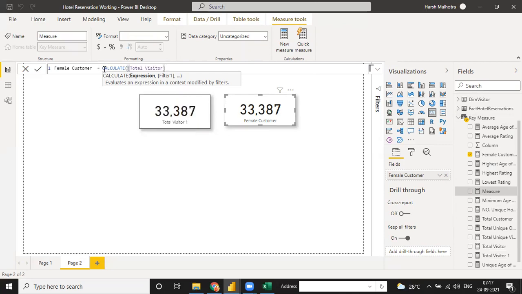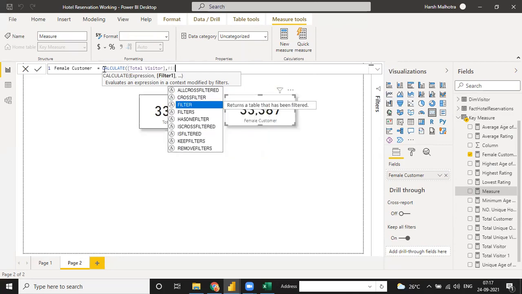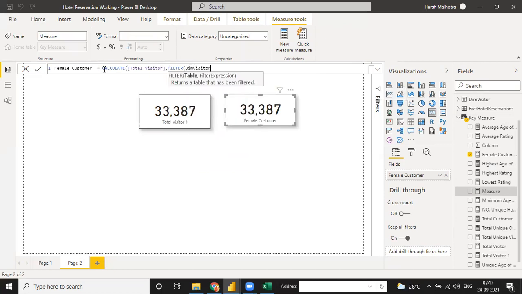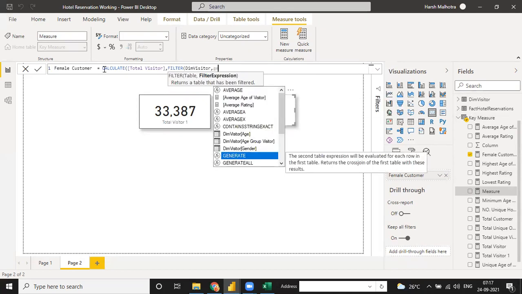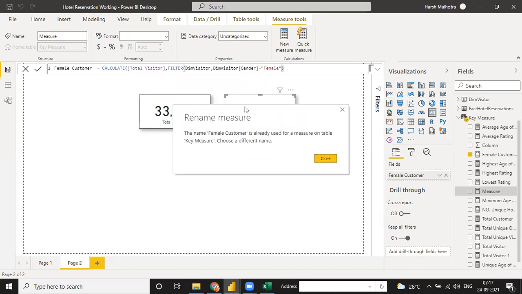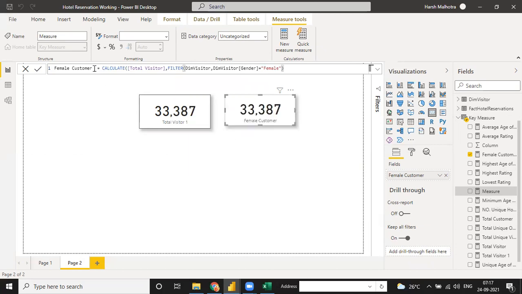So you just write total visitor and click enter, and give the table name as dim visitor and the table column as gender, and click on this and write it as female customer. Okay.